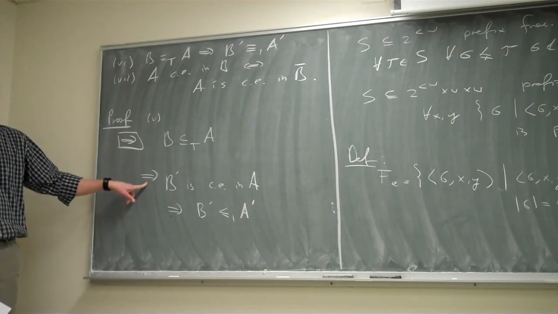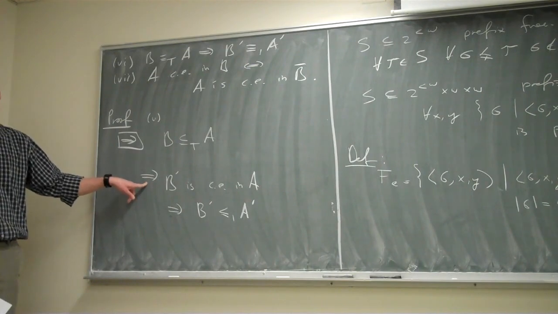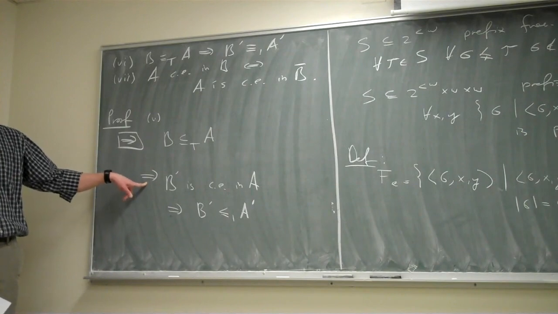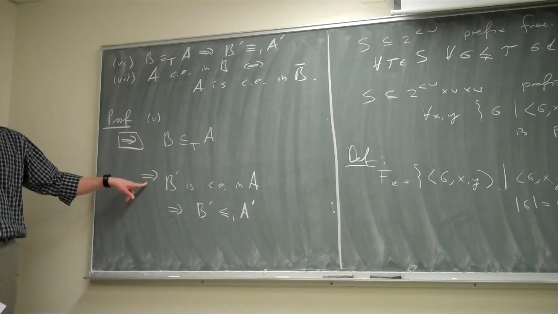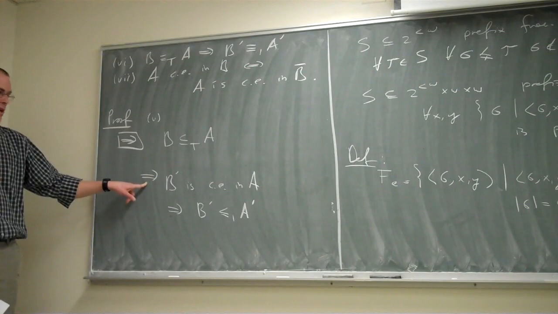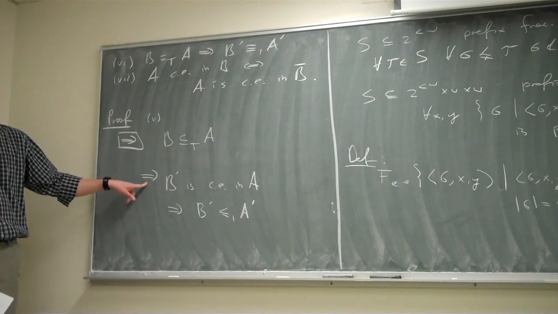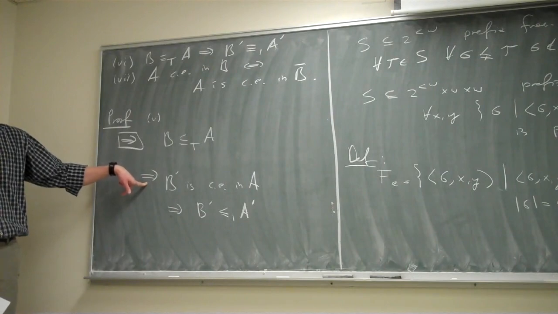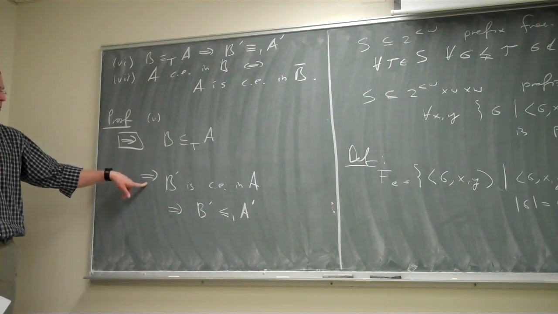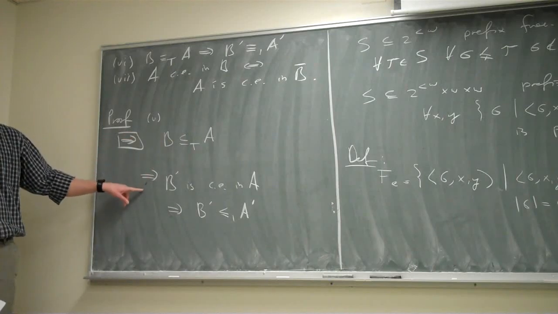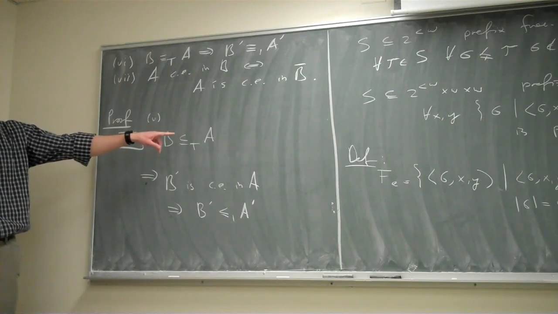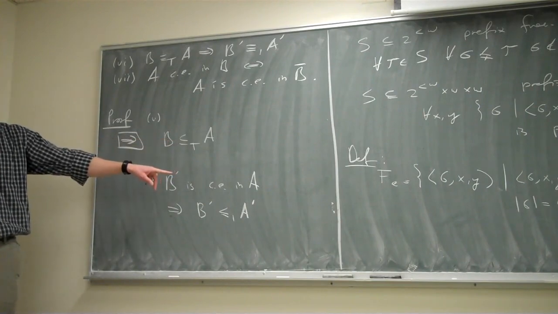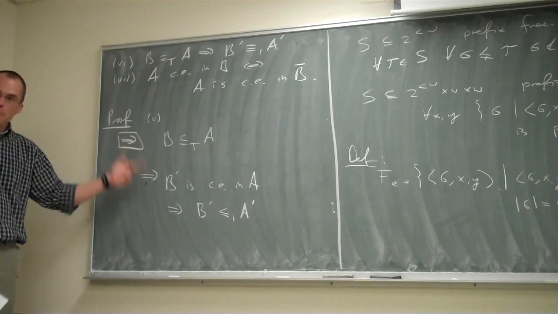So you wonder for a moment, and then the first question you could ask, well, I mean, is it true at all? The answer is yes. But what is a simple check to check whether it's true? Right, this oracle stuff is new, it takes a moment to get used to it, but you know something about no oracle. No oracle, the empty set. Right? If B reduces to the empty set, which means B is computable, then B jump is computably enumerable. The jump of a